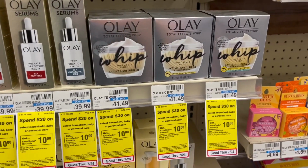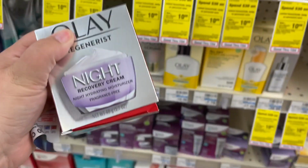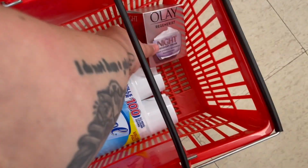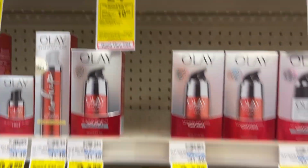And then we're going to do a spend $30, get back $10 in extra bucks. That's only OLAY facial care. So if you have facial care CRTs, you can definitely make this really, really cheap. I do not, but I'm still wanting to show you the deal. So I'm going to grab one of these OLAY night recovery creams. They're $24.99. Then I'm going to grab a different one as well for $24.99. So then that's going to bring our total up to